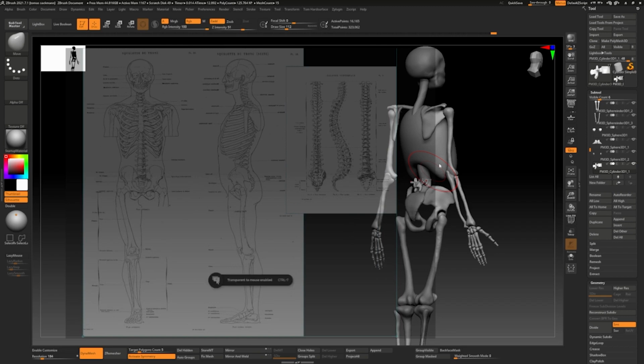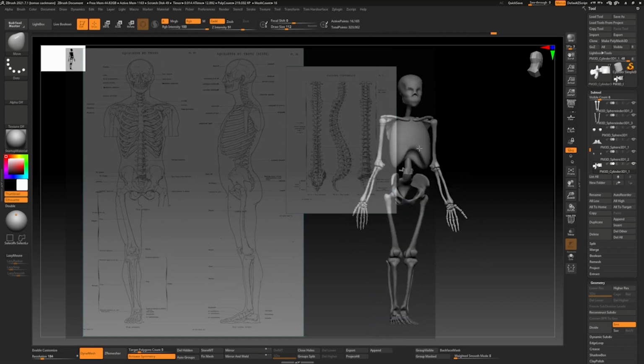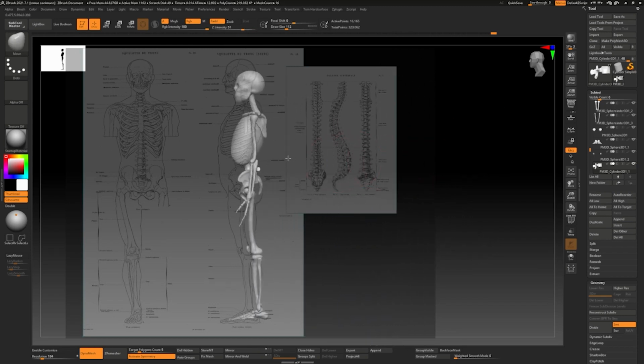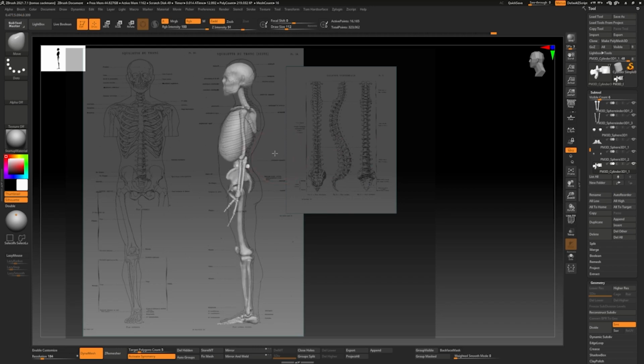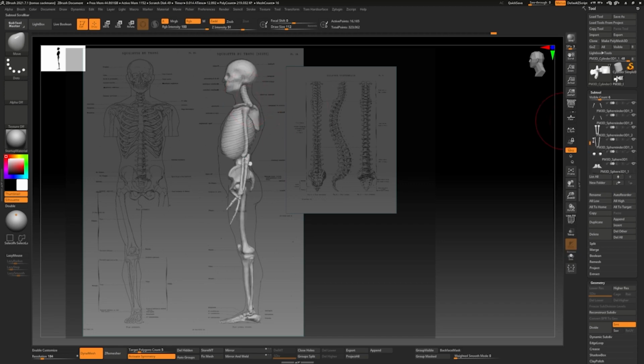Okay, then with Control T, I will come here and bring our guy here just to make sure the spine is correct. Because we did it at the beginning, and it might be that with the change of proportion of the other elements, this changes a bit. And then what I will do is go to the spine blockout here, and